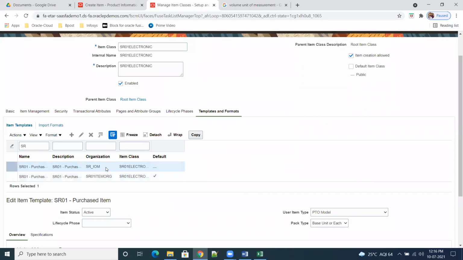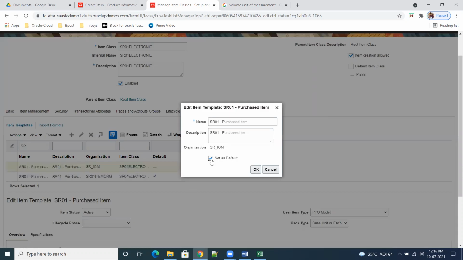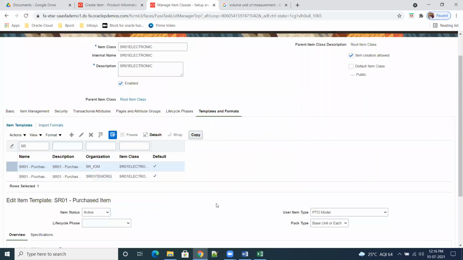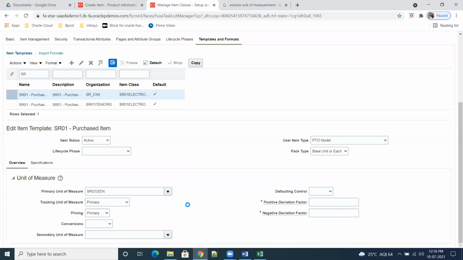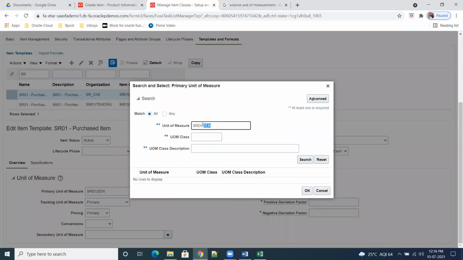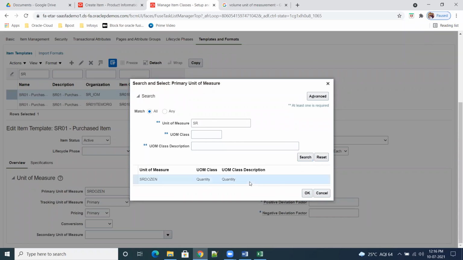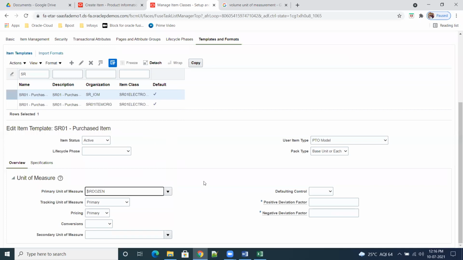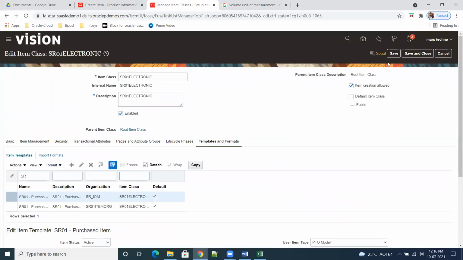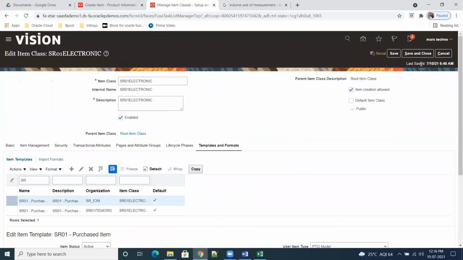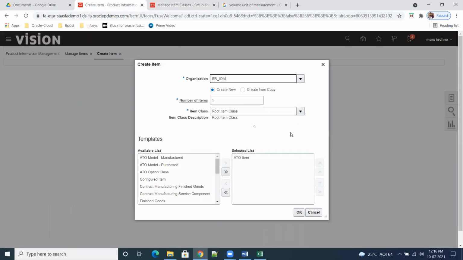Then go here. Go to edit. Make a default. Click on OK. Can we try now? Yes, sir. Something is a problem. Okay, we'll see that later. Just save and close. Okay, create item.